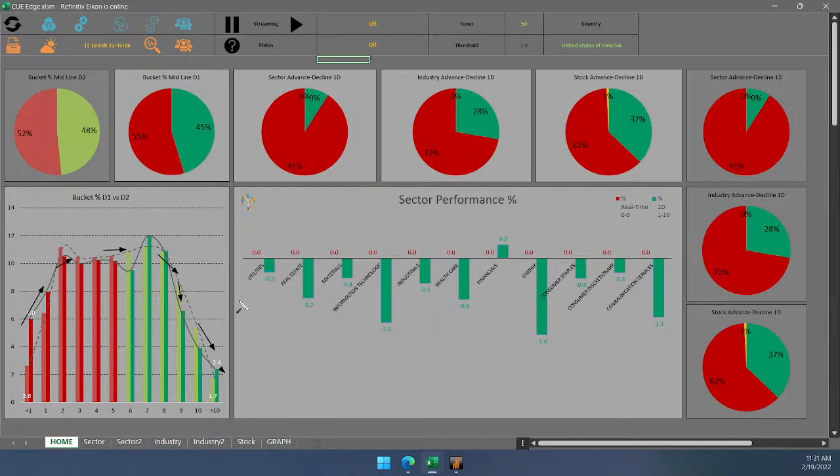That is the same case here. Most of the stocks are in the middle of the buckets. There are not enough stocks either in the lowest extreme or the uppermost extreme bucket, so we don't have any signal from there. The pie chart is showing that